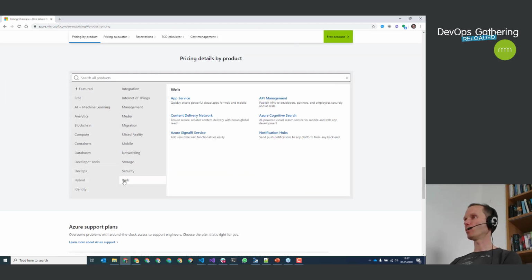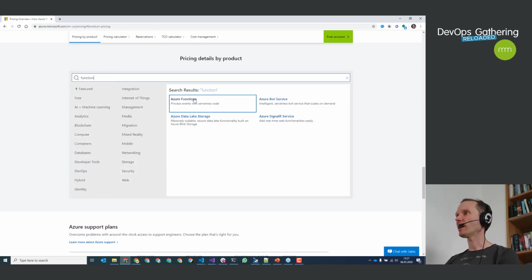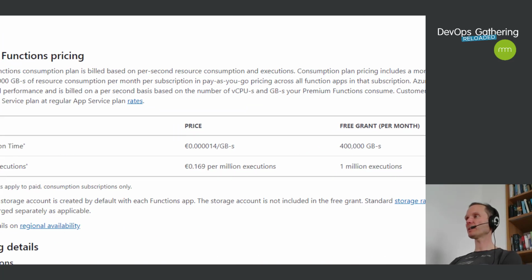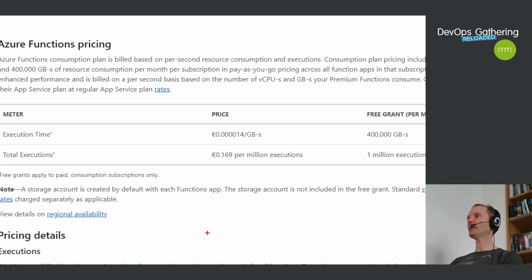Let's go here to web and then, not here, to serverless. Where is serverless? Oh, I can here. Function. Here, Azure Functions. This is Azure Functions, and this is the business model that you have when it comes to Azure Functions. So if you ask me, hey Rainer, how can I calculate the costs of serverless functions? My answer is it's super easy to calculate. If you know exactly how many CPU milliseconds you need and how much RAM your app needs, I can tell you exactly how much money you will have to pay to Microsoft.